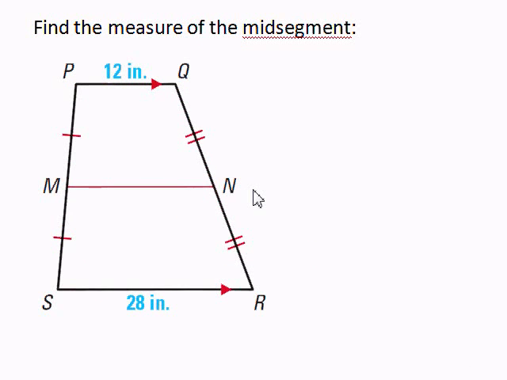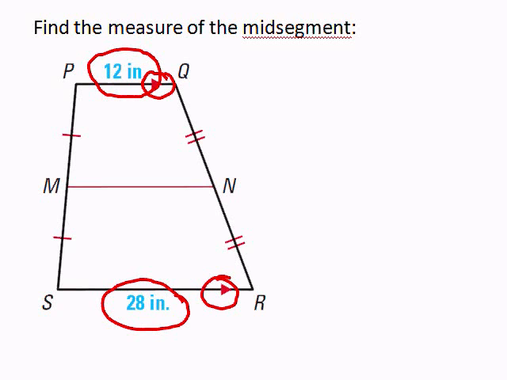Let's go ahead and find the measure of a midsegment of a trapezoid. Now, if you remember your properties of trapezoids, you'll remember that the midsegment is the average of the base lengths. Now, we have two base lengths, 28 and 12. Remember, your bases are the two sides that are parallel, and we know these two sides are parallel because of the little arrows on them. So the two little arrows mean that they are parallel and that they are bases, and that means MN, which is the midsegment,